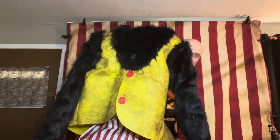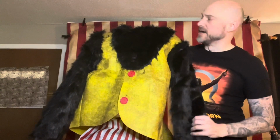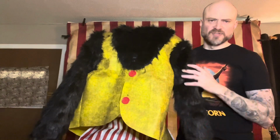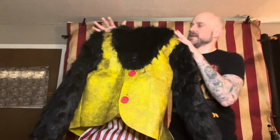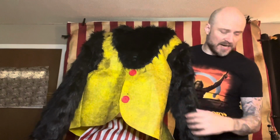Alright, so we have now slid the monkey straight jacket onto him. Just kind of fasten one of the fasteners in the back. You actually now put on the arms. You have to put on this first, even though you might could put the arms on first. I don't know, it probably would work that way. But the instructions say, put this on first, slide the arm assemblage up in there, attach